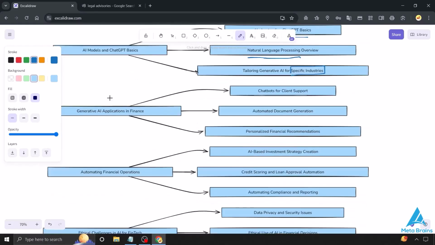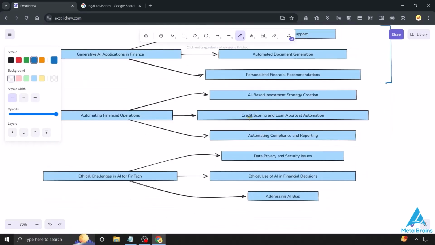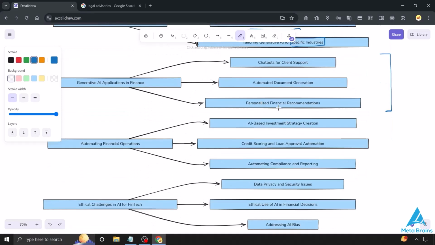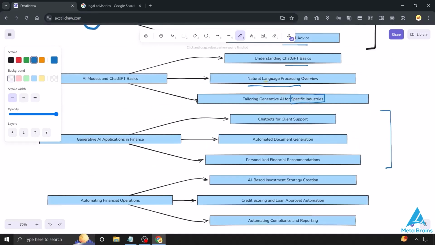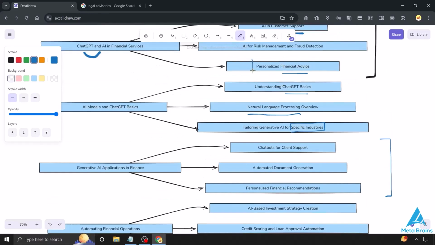The next thing that we have here is generative AI for finance, where we have our client support as our chatbot included here. Then we have document generation. This is a very important domain, and just like in the last sections, here we have created sample audit reports. Then we have the financial recommendations that are added for our personalized financial advice, and these are interlinked here. How the same workabilities can be added here in order to get our career-based or case study-related responses.